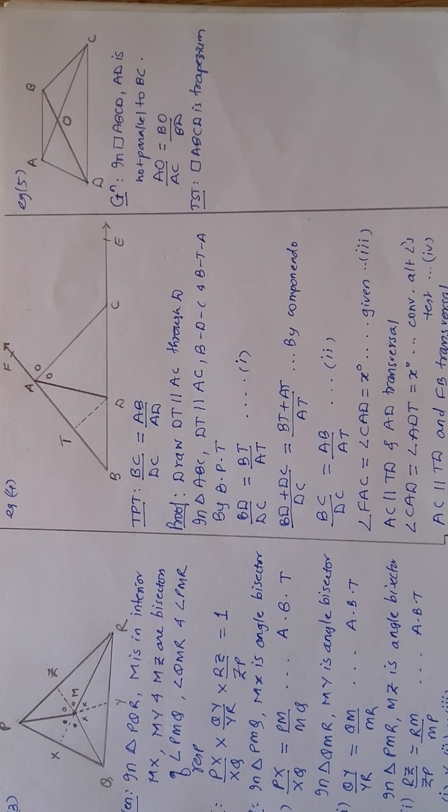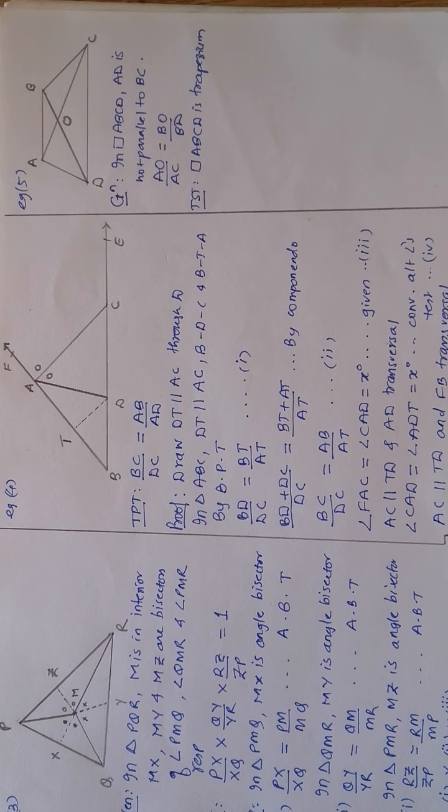Let me first make a plan out of it. By that time, you pause the video, think over it and then start. Now the line of thinking is like this: why is AO is to AC given?